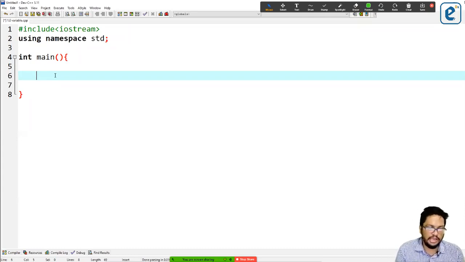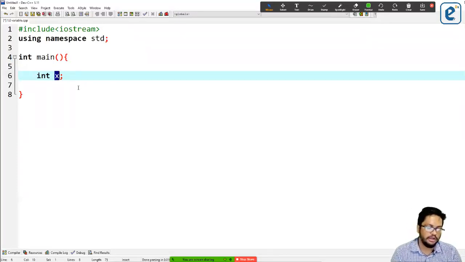Okay, so let me create a variable. This is how we are going to create a variable: int x, right? Now I just created a variable, and the name of that variable is x. This is an identifier. Identifiers are basically like variables; it could be a function, class, or module. Here I created a variable, and the variable name is x.